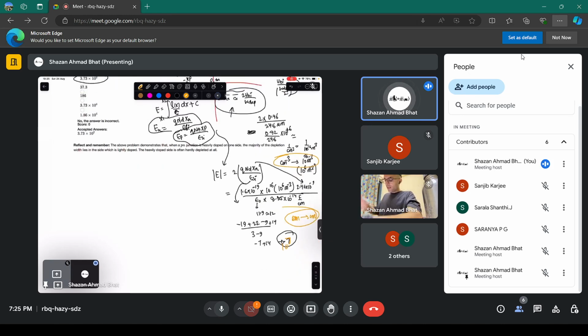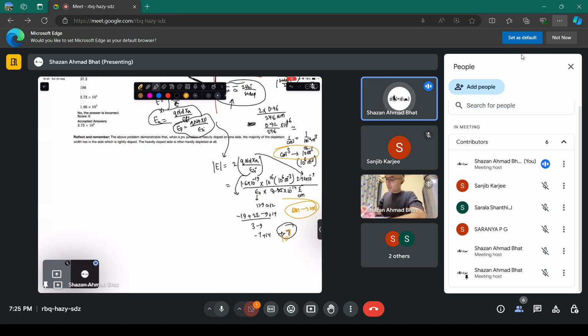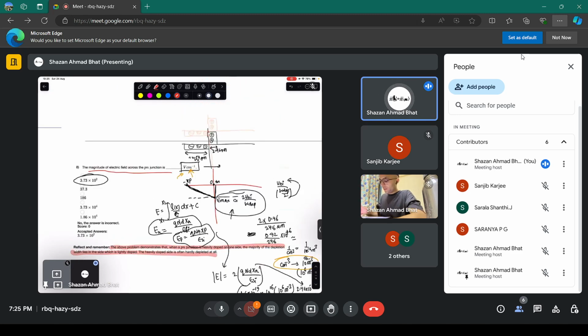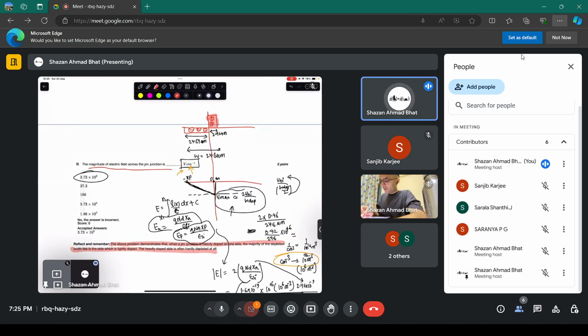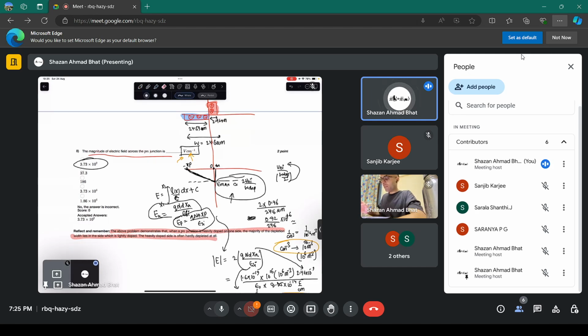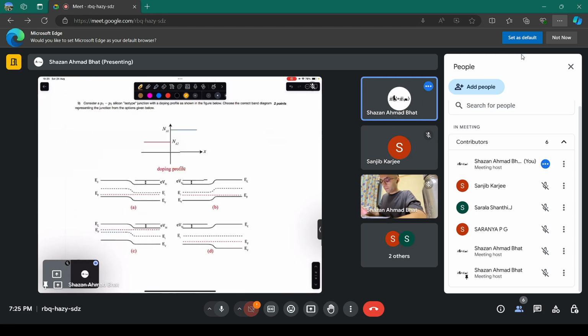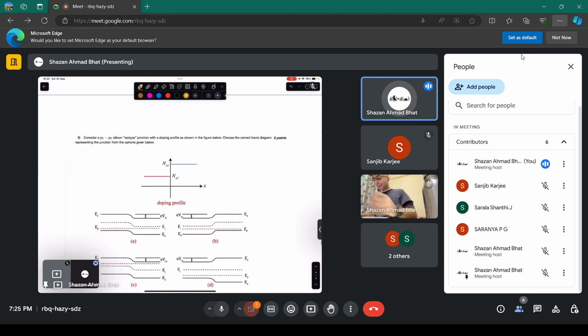So you get the electric field. Remember something professor has given here: the above problem demonstrates that when a p-n junction is heavily doped on one side, the majority of the depletion region will be on the lightly doped side. Okay, that's what we have discussed. It's almost as if the entire depletion region is on the p side. That's it. Now the question number 9,